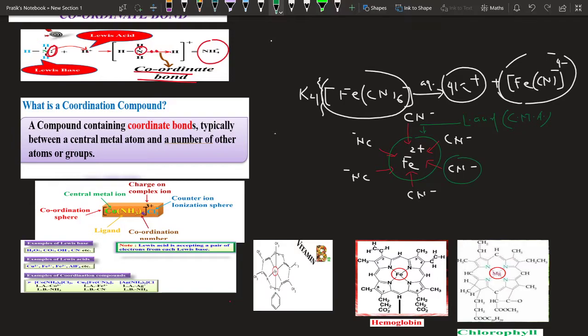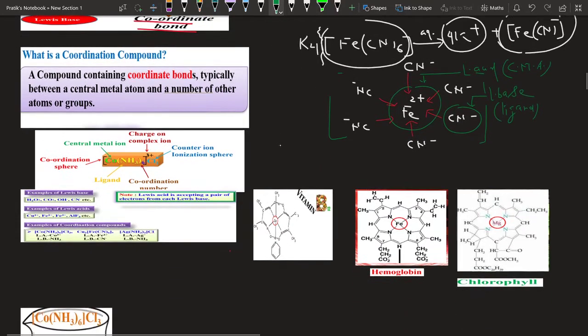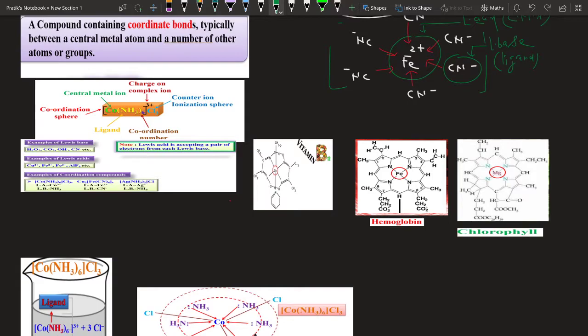It is referred to as Lewis acid, and it is also called the central metal atom. This part, if you see, is the electron donor group which is surrounding the metal atom, and this is referred to as Lewis base, and it is nothing but the ligand. And the bond which is present between the central metal atom and the ligand is what? Coordinate bond. So such a type of double salt where this type of arrangement is present will be referred to as what? Coordination compounds. Remember, in a coordination compound generally there are different terms associated.